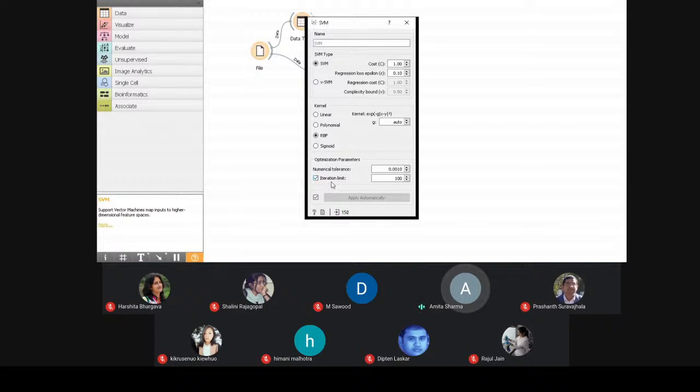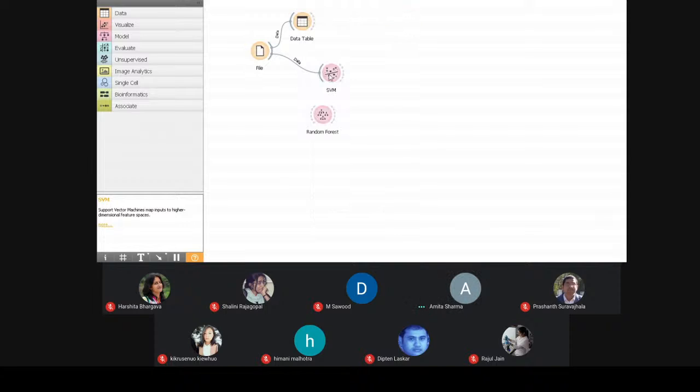And if you want to modify the iteration limit, you can modify it, but it's very specific. If you set the wrong value, then the result won't be generated. So try to be specific, or don't try to set any parameters, keep it like this only.